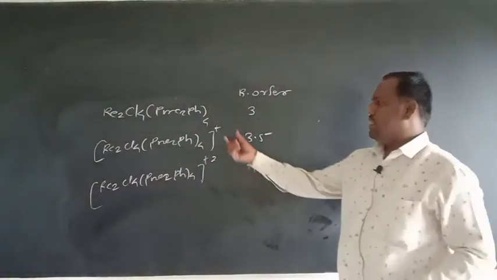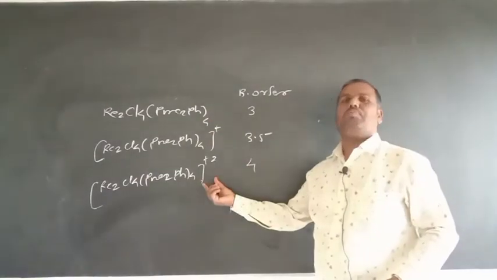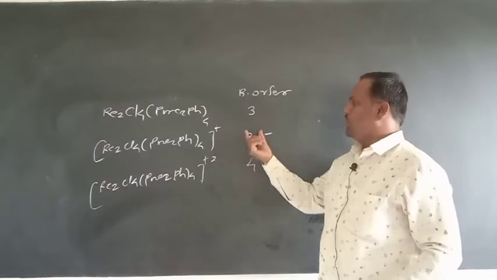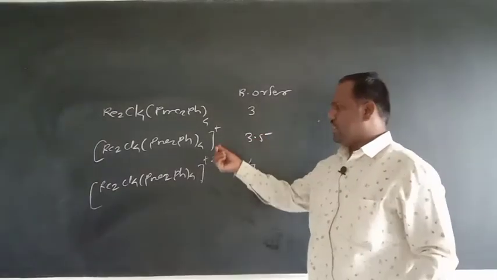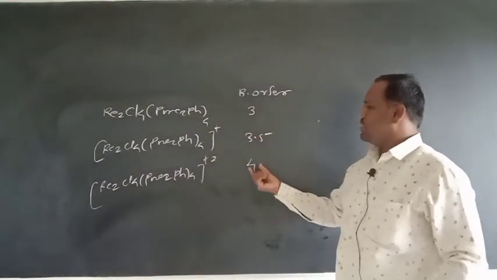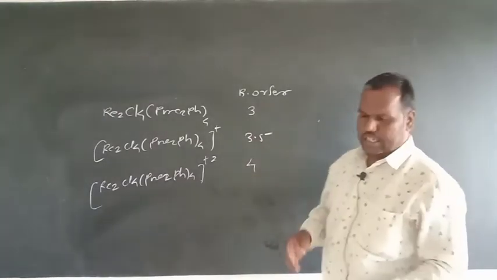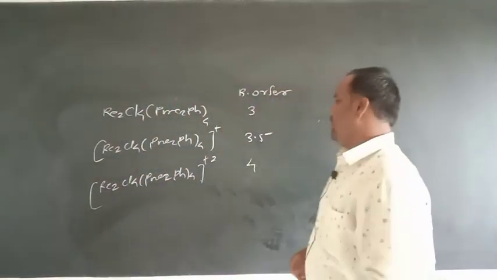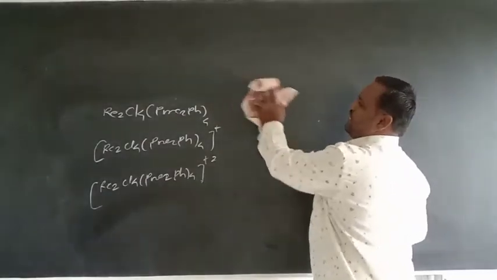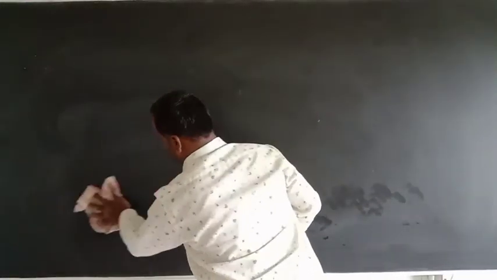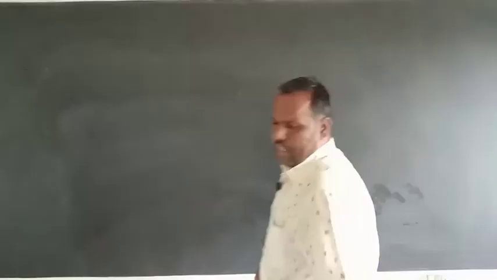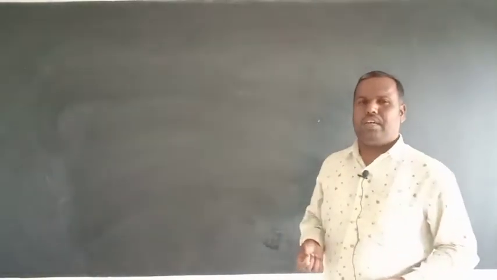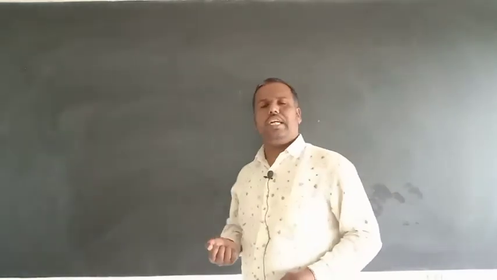So as the oxidation state of the complex increases, the bond order also increases. So you should keep in mind that with increasing oxidation state, the bond order is also increased. This is regarding the case where only one delta bond is formed, or only the dxy orbital is available for bonding to form a delta bond. We will discuss an important example regarding the two delta bond formation.